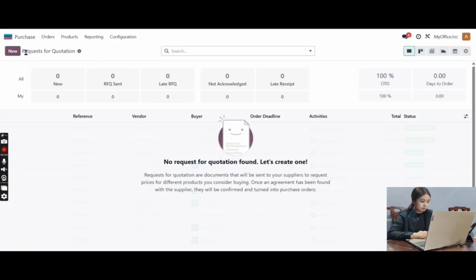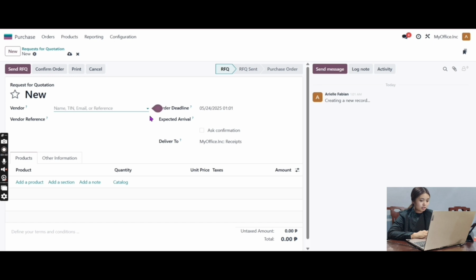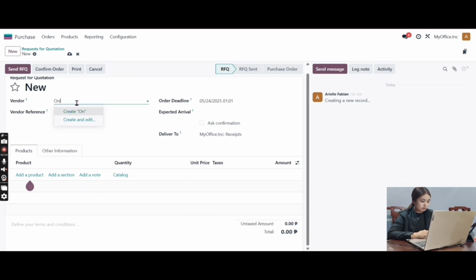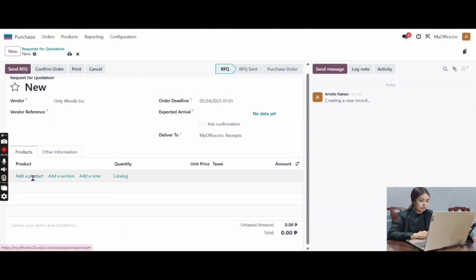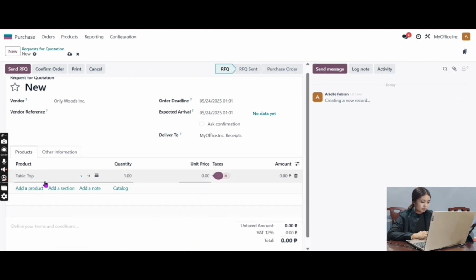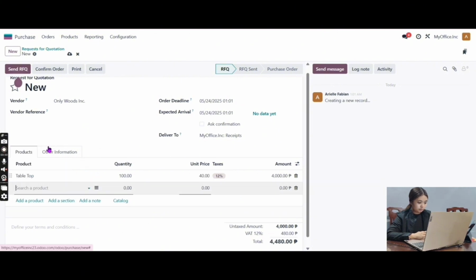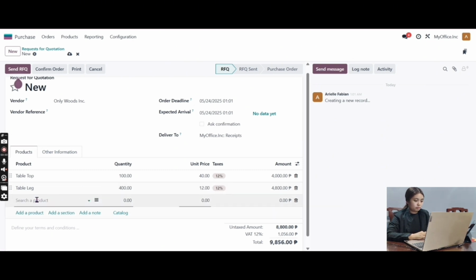Go to purchase and then click new, and then type Only Woods Inc. And then add the product, type table top, change the quantity into 100, and then the unit price is 40, and then type again the table leg, and then change the quantity into 400, and then the unit price is 12, and then type bolt, and then change the quantity into 400, and then unit price is 0.